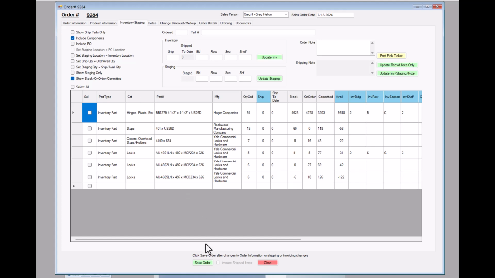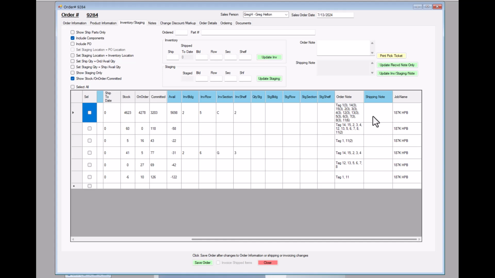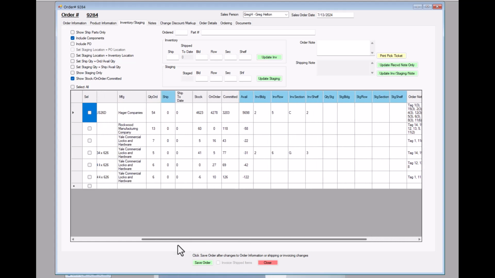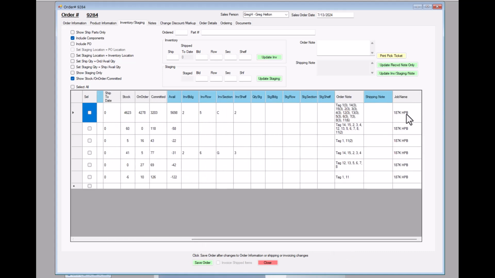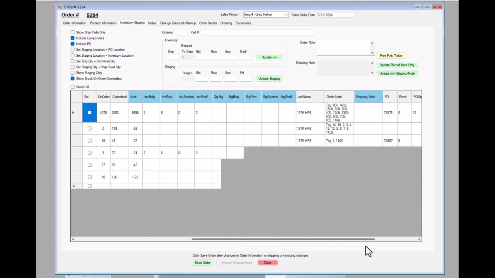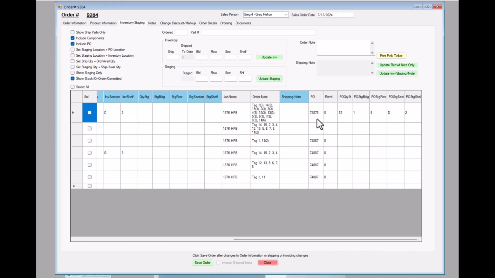When I check this box, right now you see there's nothing in here referencing a purchase order. When I check this box, it's going to go through and look at each one of these part numbers right here and job name and look for any purchase orders that have been created for this job and that part number. And it'll pull the data in here for us. So let's go ahead and check the box. This takes a few seconds longer to load because it's checking everything. And now when I scroll over, you can see it shows me the purchase order